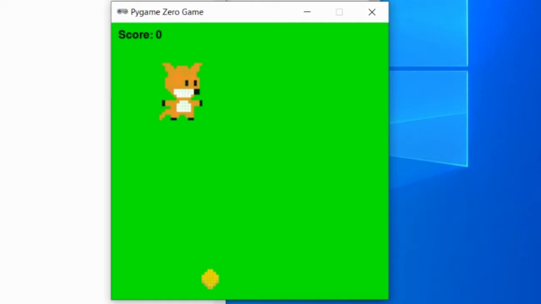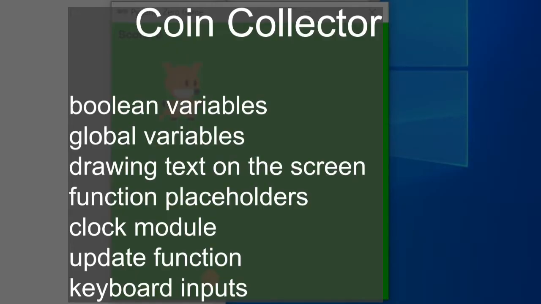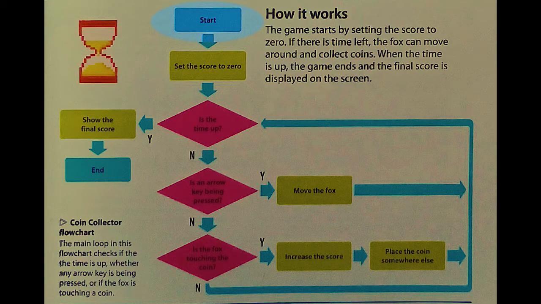It does have twice as much code as the first game. It introduces Boolean variables, global variables, drawing text on the screen, function placeholders, Python's clock module, Pygame Zero's update function, and keyboard inputs. So looking here at the pseudocode in the form of a flowchart, the game starts and it